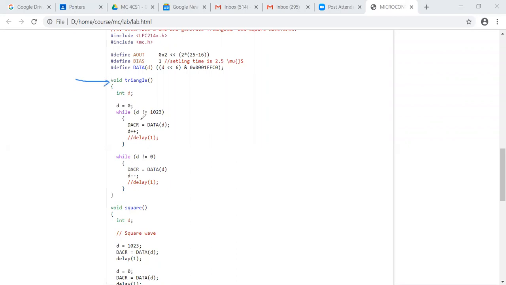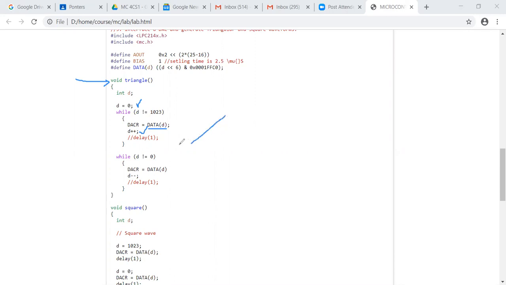What we are doing here is we generate data between 0 to 1023 and put the data into the DAC register starting from the bit position 6, that is 10 bits data. And data is incremented to the next value, that is 0, 1, 2, 3 until 1023. So this should generate